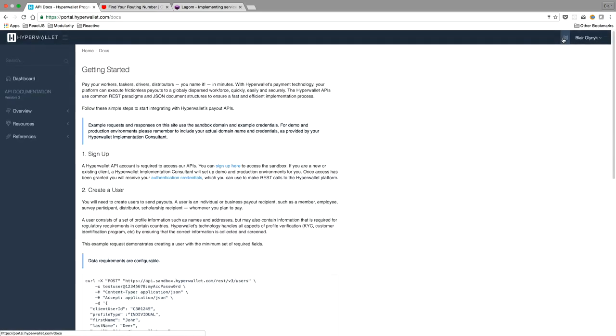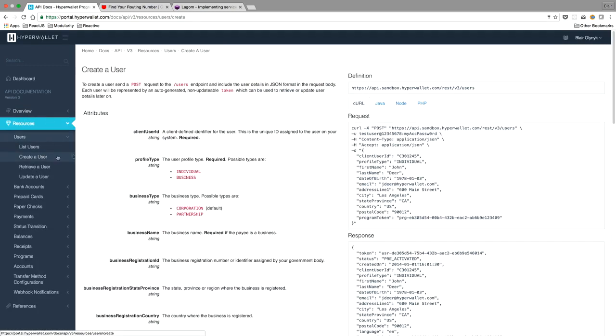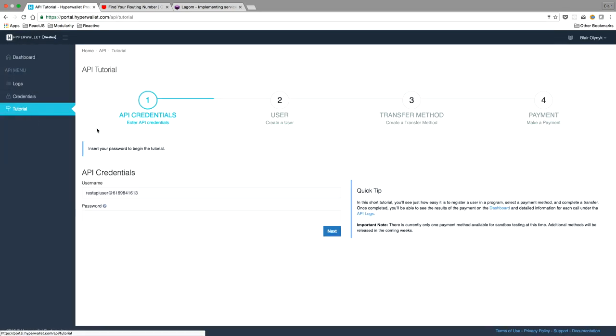Now, no developer portal is complete without a decent set of documentation, and we've got that integrated as well here. And as you can see, we also offer up some SDKs, so if you're in the Java, Node, or PHP ecosystem, it'll simplify your integration. Now, truthfully and honestly, you'll probably want to read the whole documentation set to undertake an integration, but if you're a little impatient and you just want to sort of go and POC it and just get going, we've got a tutorial as well that's available.